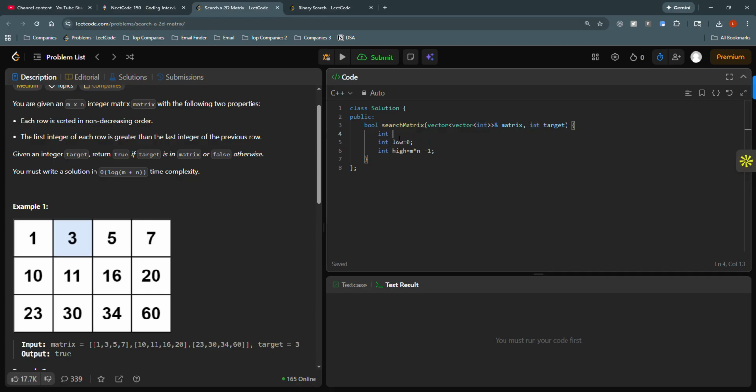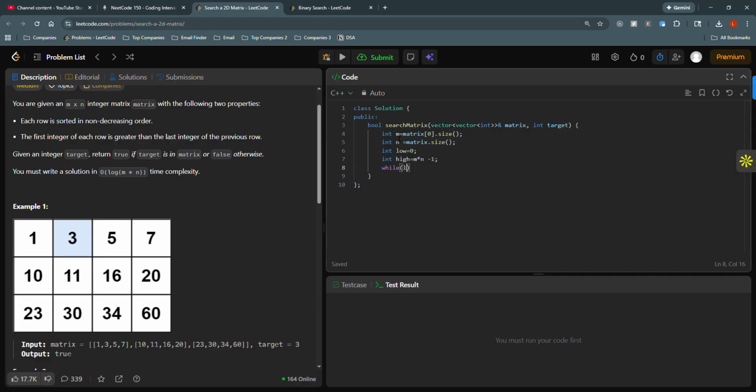M is my column size, and n will be my row size, which will be matrix dot size. Okay,